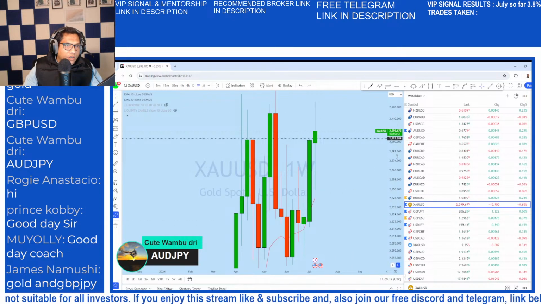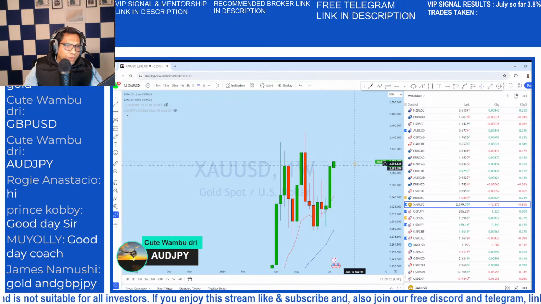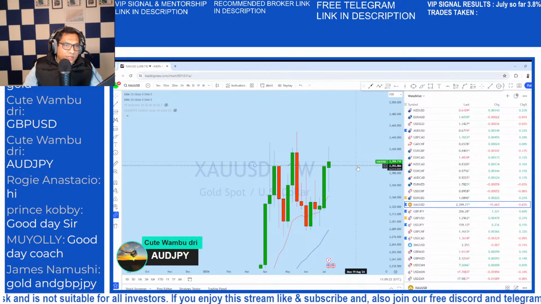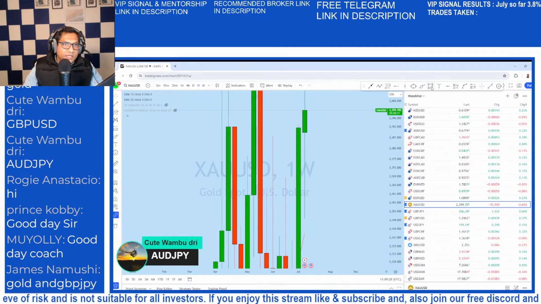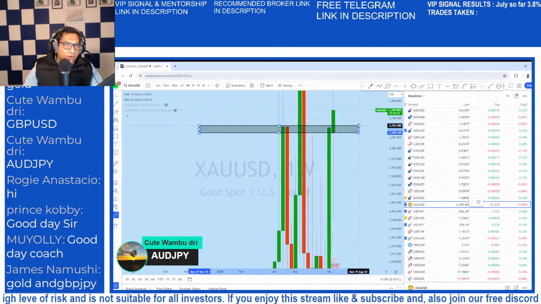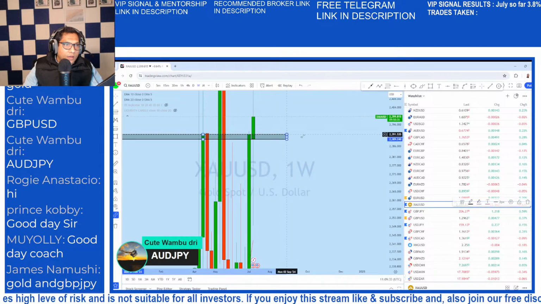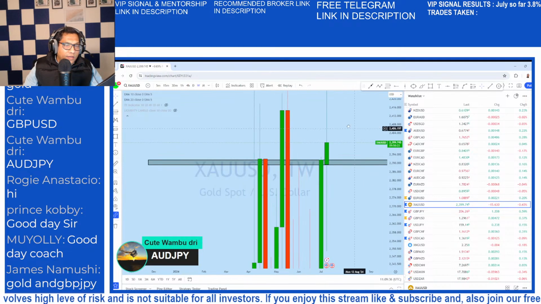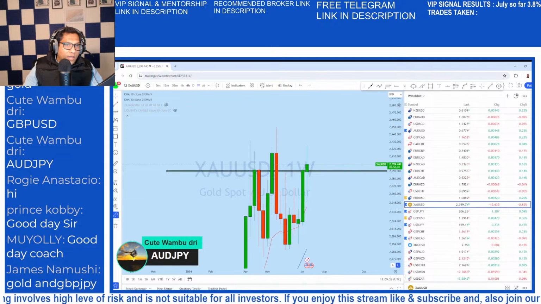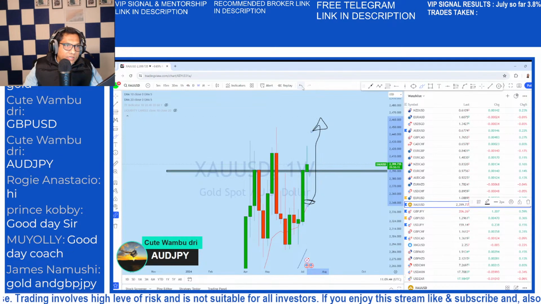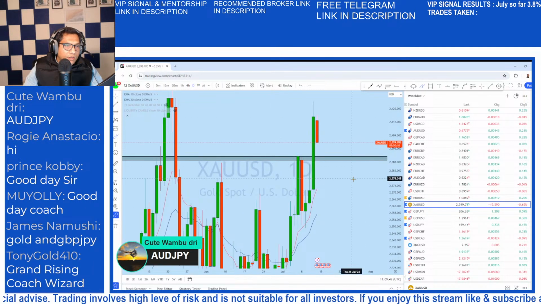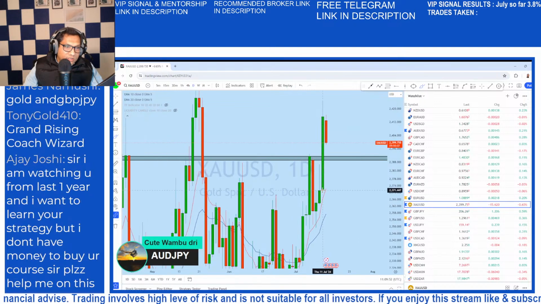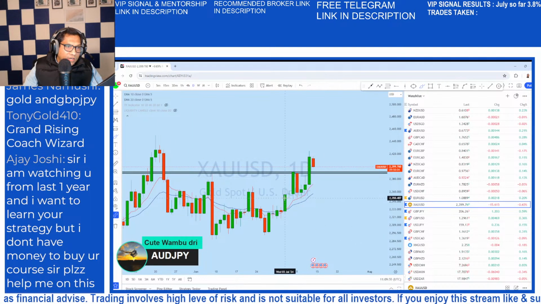Let me look at the weekly chart, guys and girls. The weekly chart is very important because it's nearly the end of the week. Let's see the gap opening here from the weekly on gold. With this gap opening, the price has come back down to this support, we have seen a strong bounce, and the market has done exactly as expected from this liquidity zone.